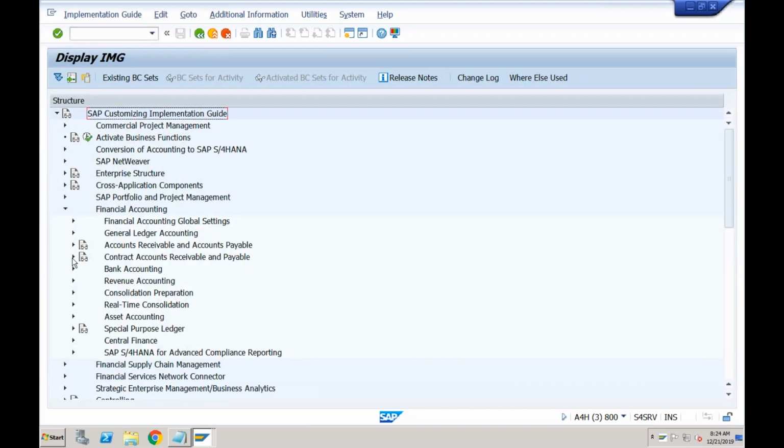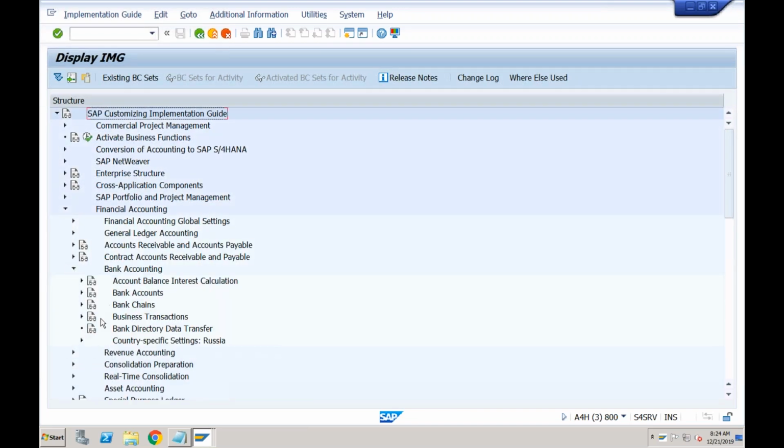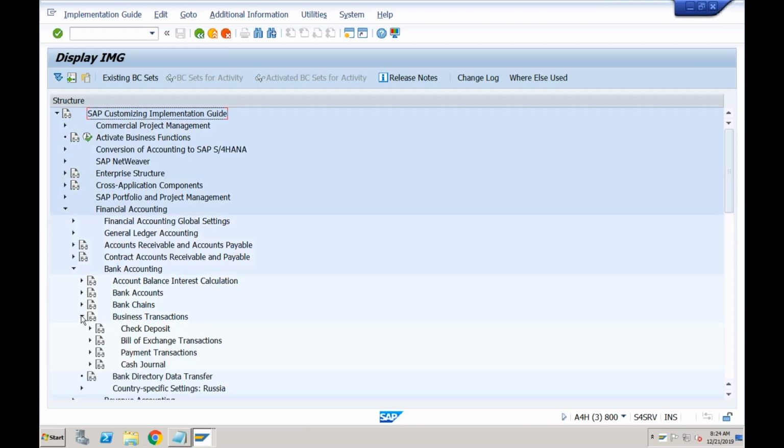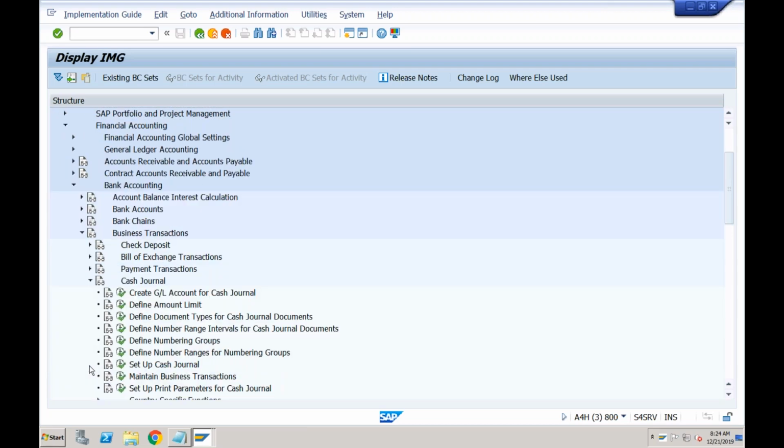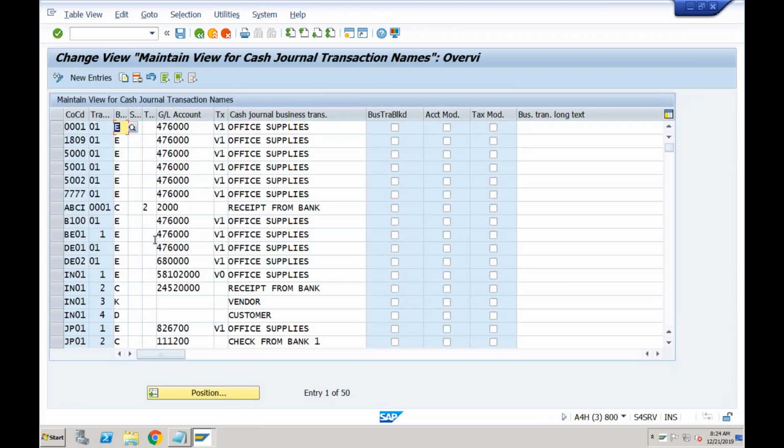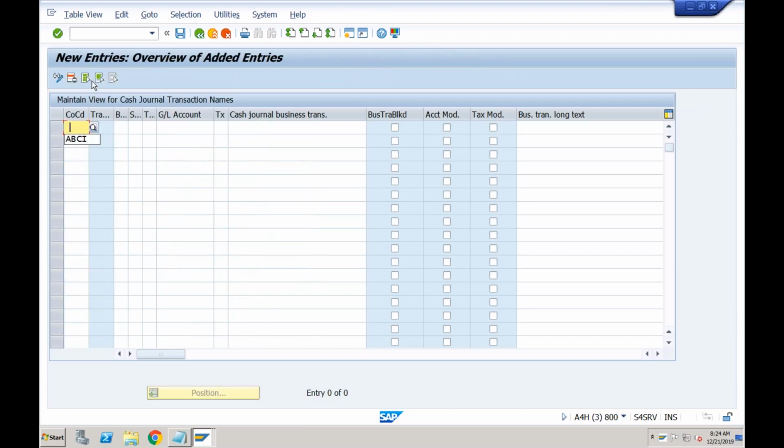Financial accounting, bank accounting. Again, within bank accounting, you'll go to business transactions, cash journal, and here you can go for maintain business transactions. Click on new entry, your company code, type of business transaction.